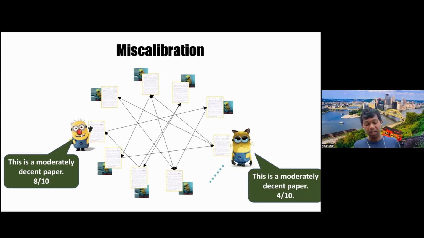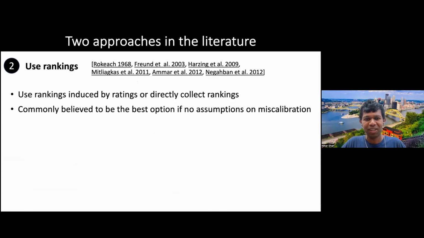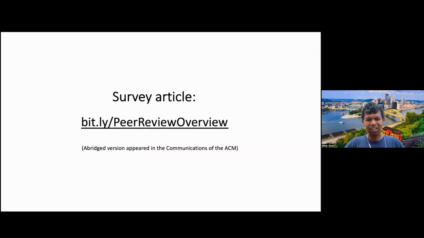And there have been methods proposed for this. They have tried it in computer science conferences, but those methods have not worked well. A key reason is that you have very little data per reviewer and per paper. Each reviewer reviews just 3 or 4 papers, from which it's very hard to figure out if this reviewer is really, really strict or lenient, or is it just their opinion for this specific paper. Okay, so this is a wide open problem. And with that, I'll stop here.